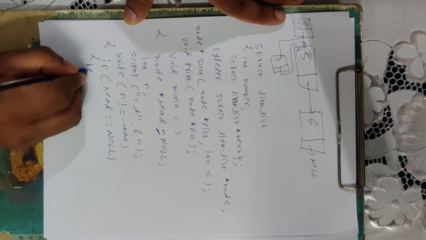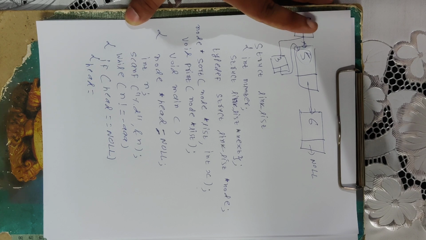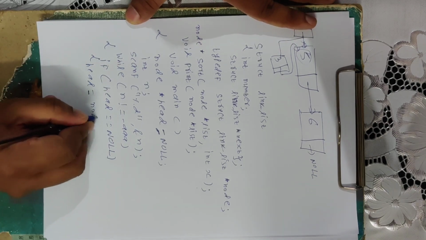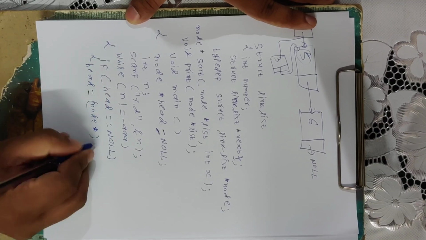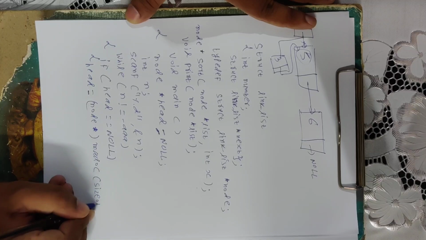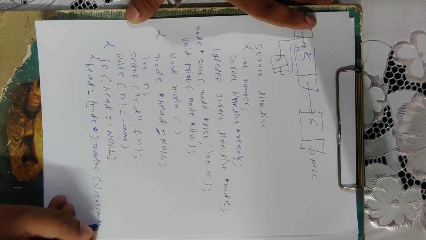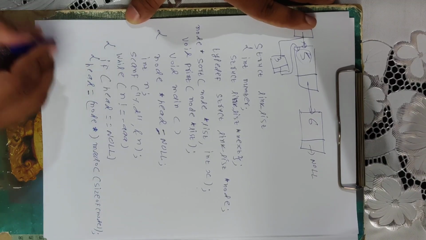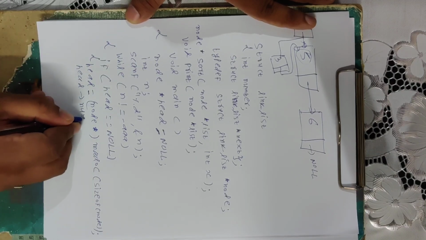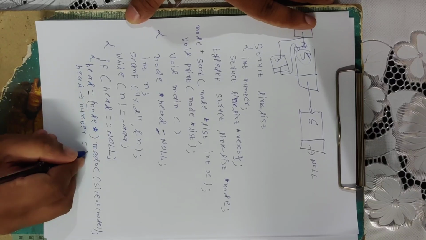At that time, first you can give memory to your head block using this. So head equals node *malloc size of node. So I created one memory block. After this, head's number is equal to the value n.